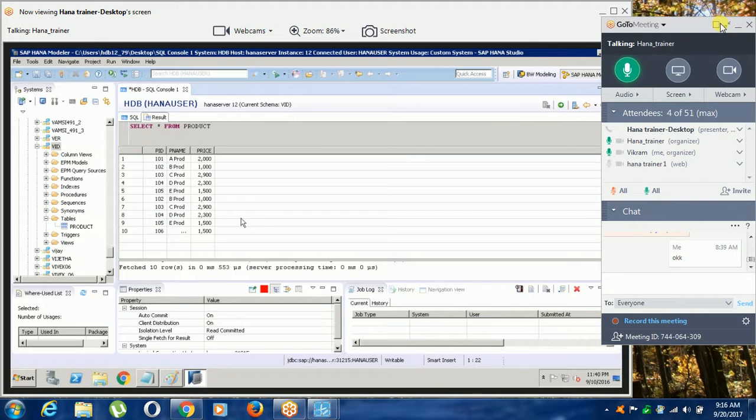These are products. Rows are repeating again. Okay, no problem. So this is your product table.